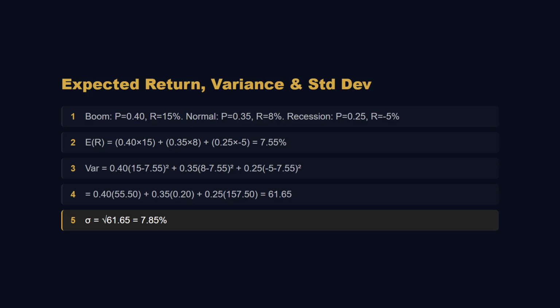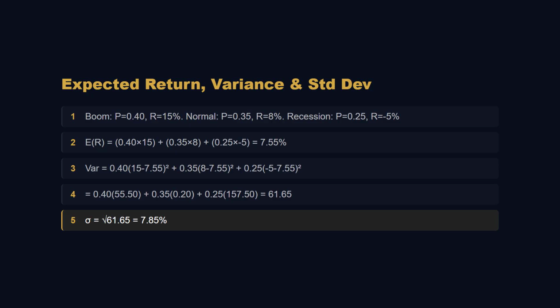Expected return. 0.4 times 15 plus 0.35 times 8 plus 0.25 times negative 5. 6 plus 2.8 minus 1.25 equals 7.55%. Variance. 0.4 times (15 minus 7.55) squared plus 0.35 times (8 minus 7.55) squared plus 0.25 times (negative 5 minus